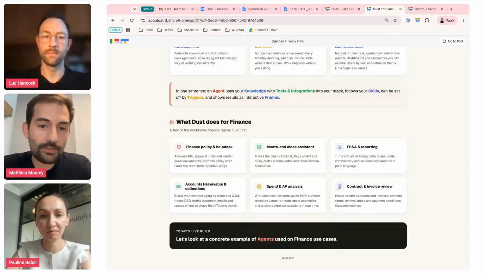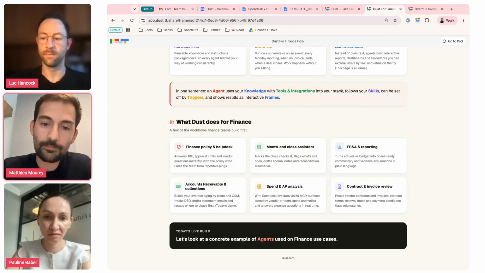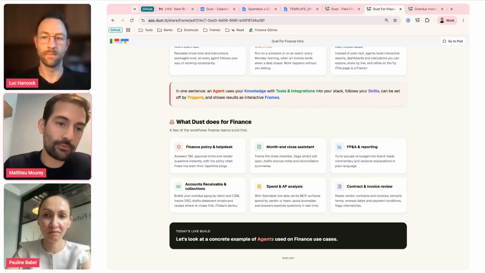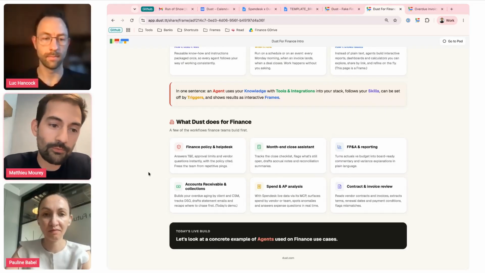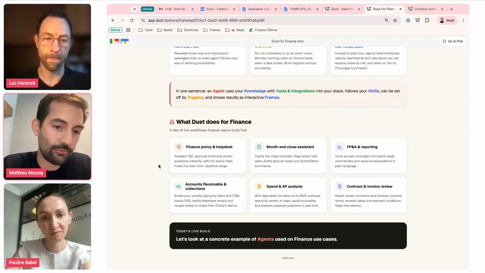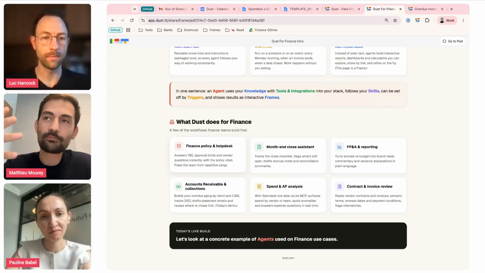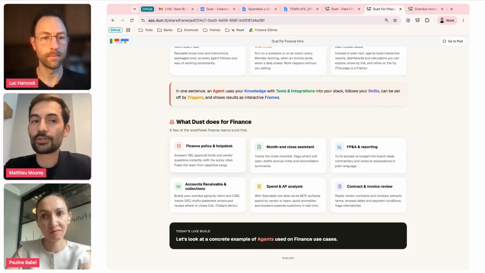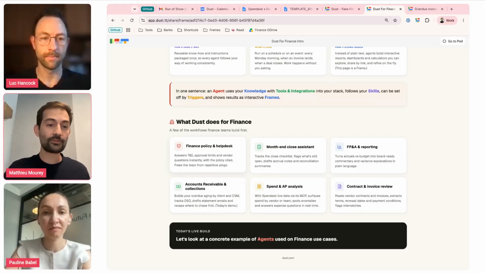And very quickly, on finance especially, we can imagine pretty much all the use cases and have a try with Dust. Of course, one of the most obvious ones is to leverage all the information you already have to make an agent answer, so that you gain some time to stop answering the same question every day.